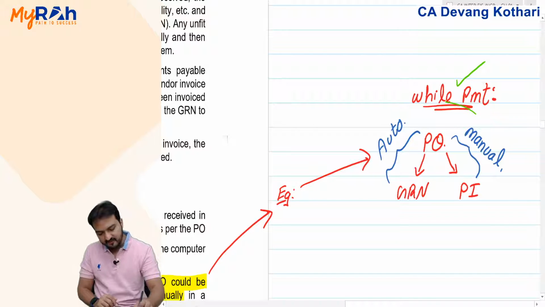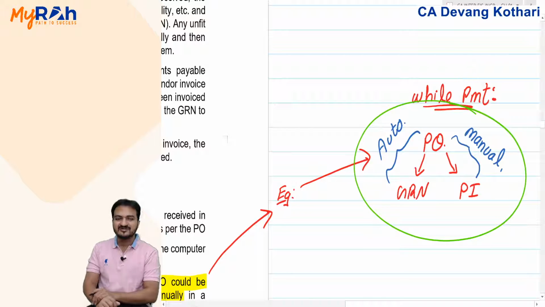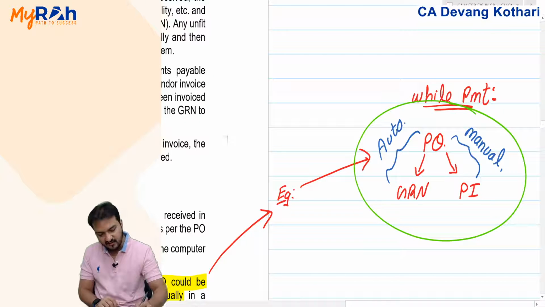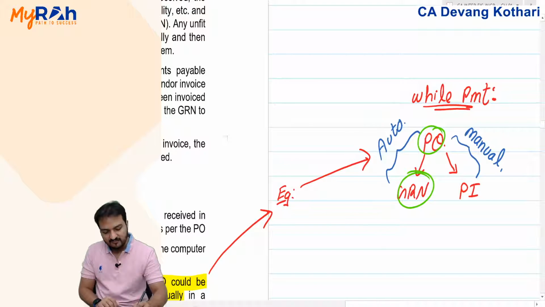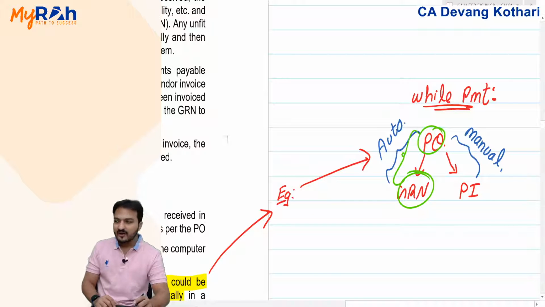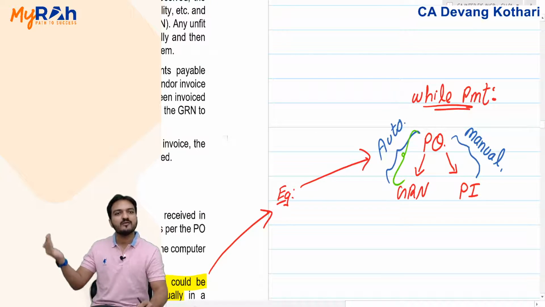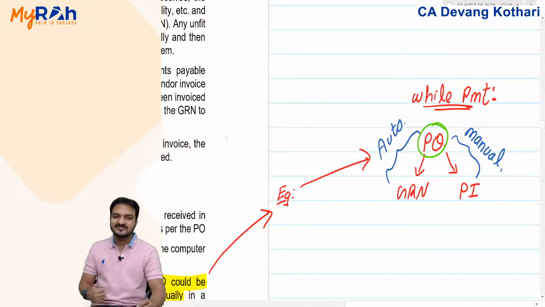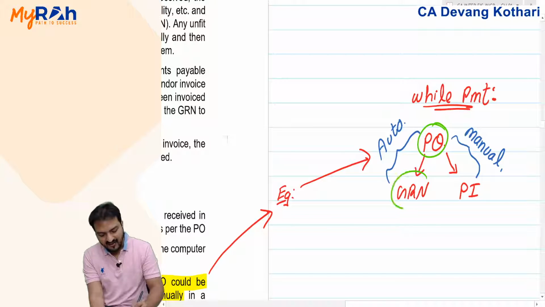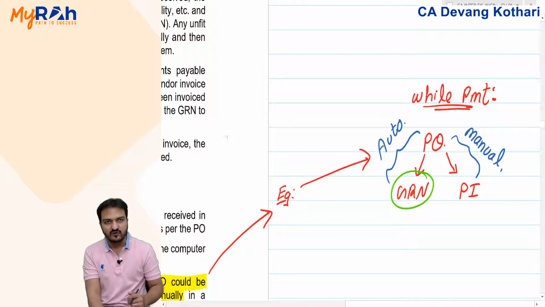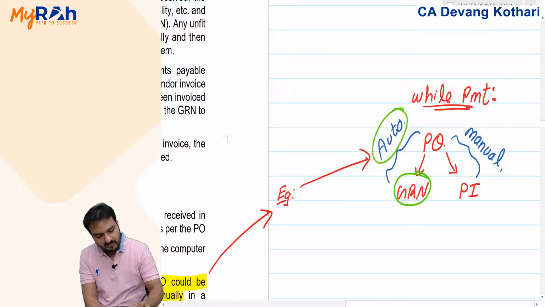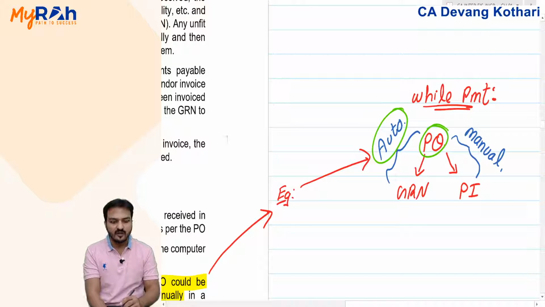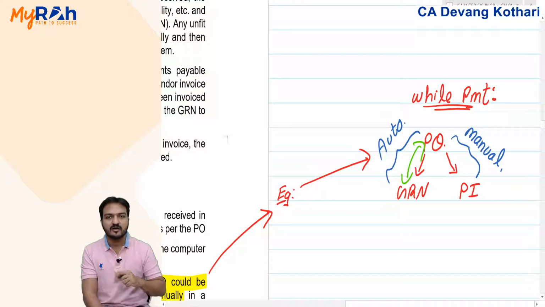But in order to do that, there are two controls involved, automated and manual controls. Like, say, purchase order and GRN can be compared automatically. Why? Because both these documents are made within the same software. I generated the purchase order in the same software, and I create the GRN also in the same software. So at the time of creating the GRN, it will automatically compare the details with the purchase order. If the details do not match, the software will automatically give an error that the GRN and purchase order do not